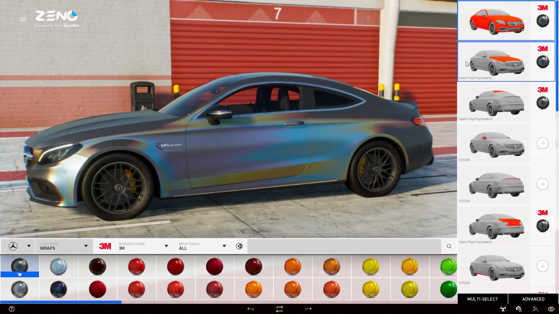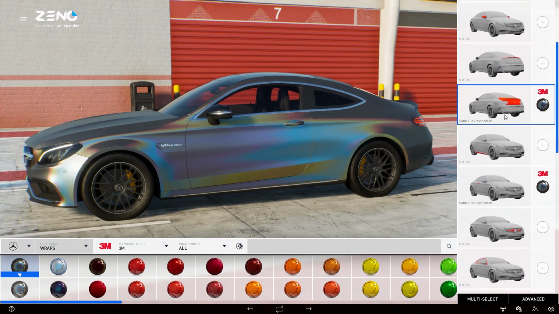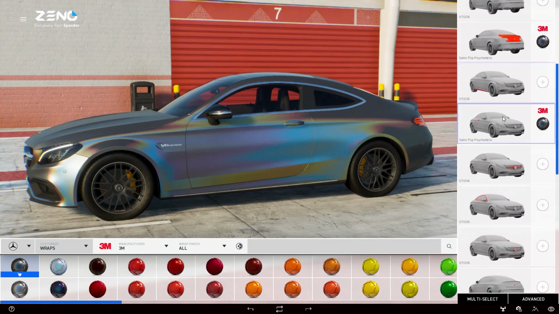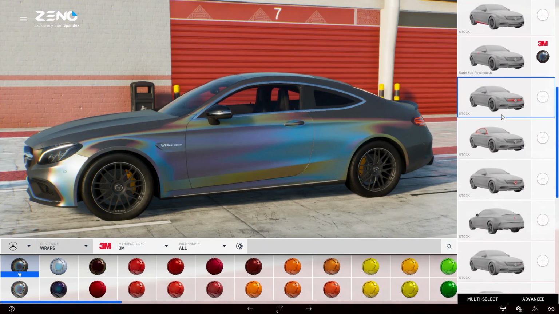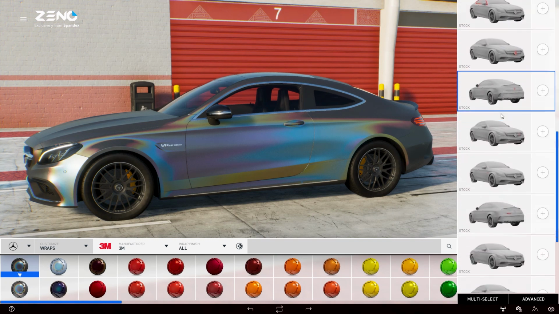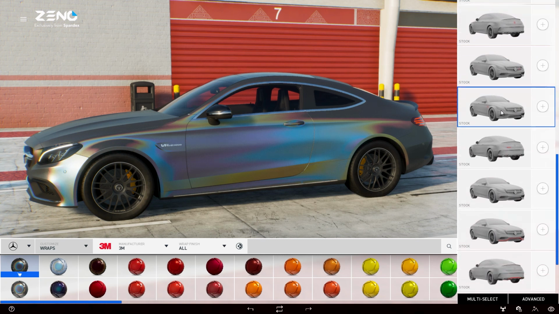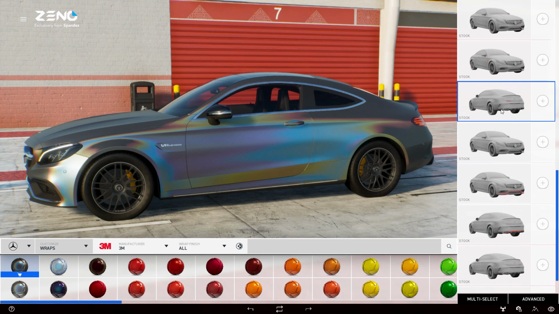The great feature of the software is that you are also able to only wrap specific components of your car. Here on the right side, you can see every element that can be individually wrapped. Everything is mentioned here: the grille, the mirrors, roof, bumpers. So if a customer is only asking you for wrapping the roof, you could easily show them how additional parts will look wrapped.